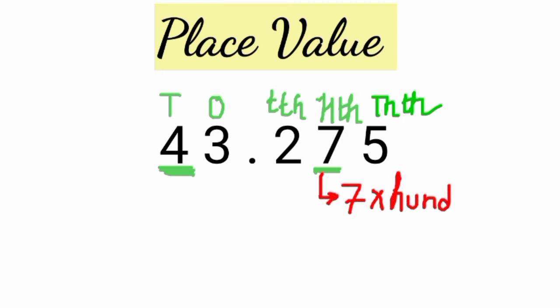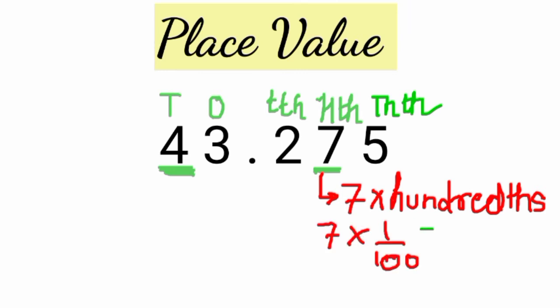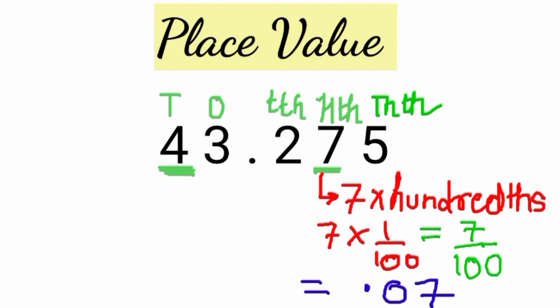This is after decimal, और after decimal, decimal के बाद जो hundredths होता है उसका मतलब क्या होता है 1 upon 100. So its place value will be 7 upon 100. Why? Because 7 ones are 7 and denominator is 100. Clear? This can also be written as 7. In denominator you have 2 zeros. So put decimal before 2 digits. So this can also be written as 0.07. So place value of 7 is 7 upon 100. Or you can write 0.07, right?